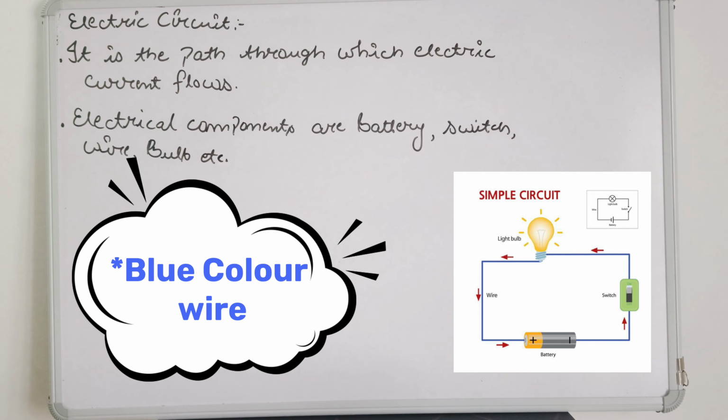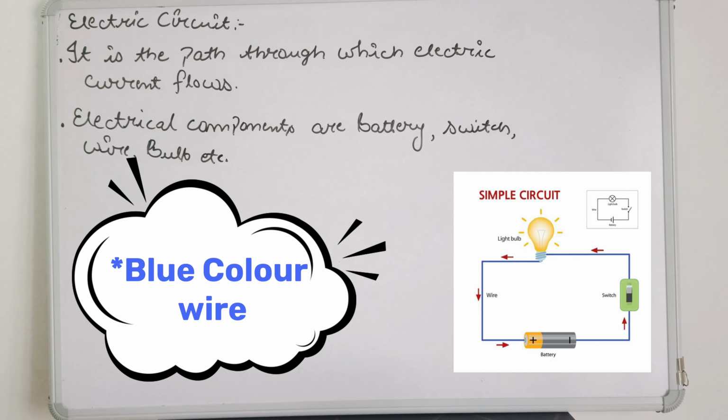Now you can clearly see that this circuit is not complete. Why? Because this key is not closed, this key is open. If I have to close this key, I will just draw it like this arrow. Now it means that the key is closed, therefore the circuit is complete and the current will flow. Now this is the wire. The wire must be conducting, otherwise the current will not flow through it. This is the electric bulb.